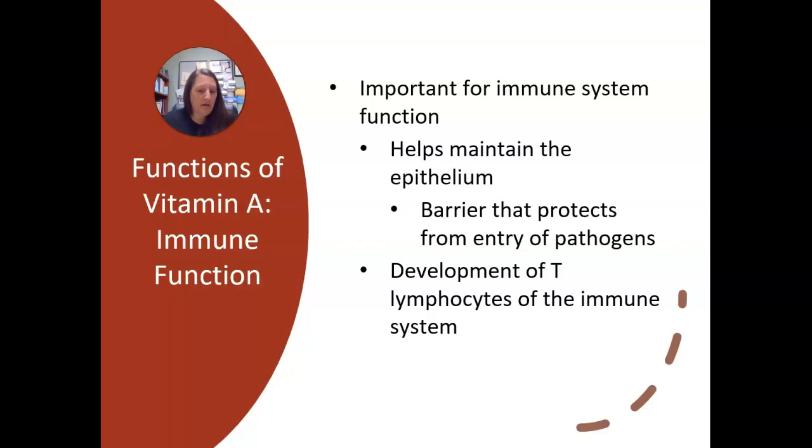You're taking in air, food. You don't want pathogens, microorganisms that you might ingest to end up in your underlying tissue. And so again, that barrier lining your digestive tract, the barrier lining your respiratory tract is really important. Again, vitamin A is important for the function of that barrier. Okay, vitamin A has also been shown to assist in the development of T lymphocytes, which are key immune cells in our bodies. We've got T cells and B cells. T cells have been shown to require vitamin A for proper development. Okay.